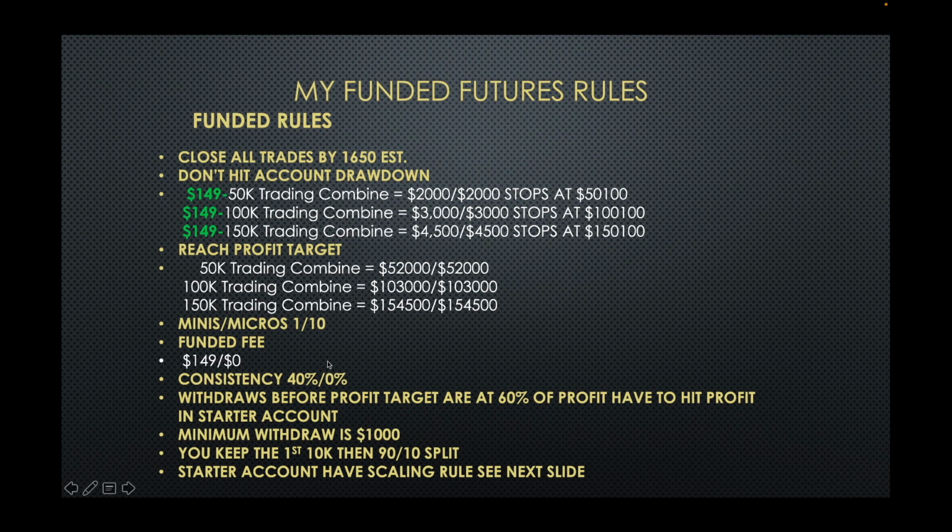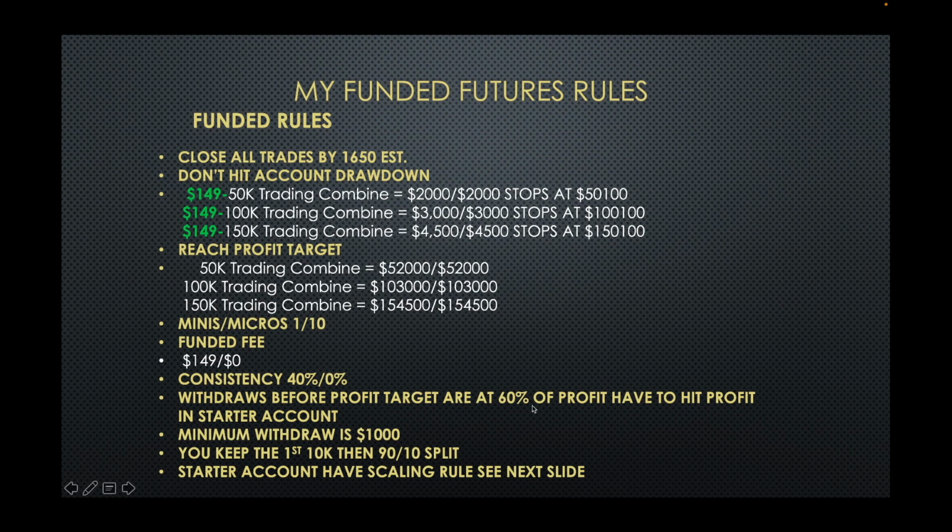And when you withdraw money, oh, so that's right. When you get to the funded stage, there's a 40% consistency in the starter, where remember with Apex it was 30, this one's 40, but in the expert there's 0. So once you make money to where you can withdraw, so once you hit this $52,000 and you can withdraw money with expert, there is no limit besides you have to withdraw $1,000.